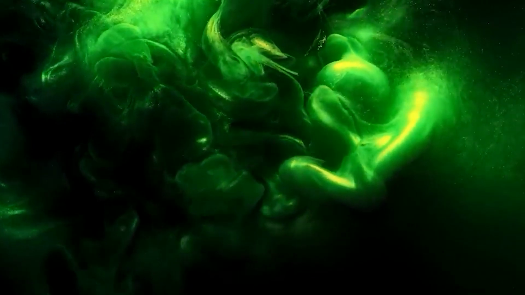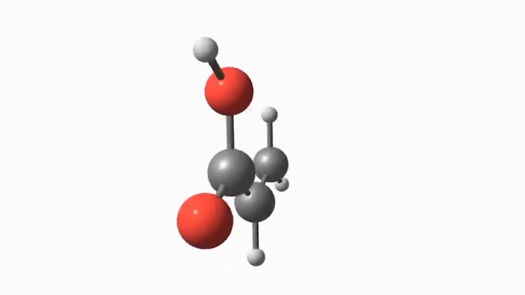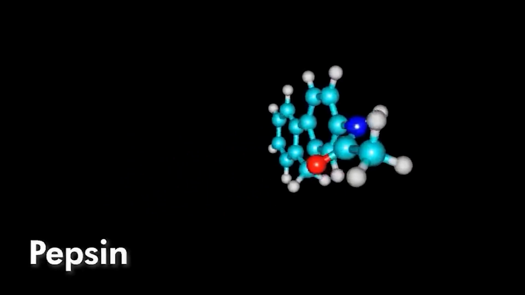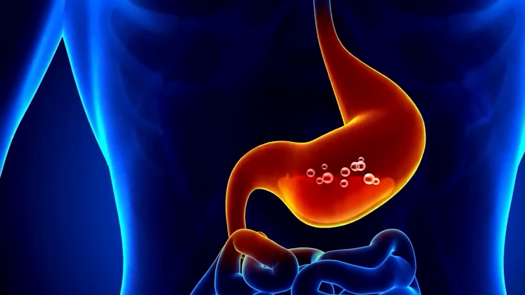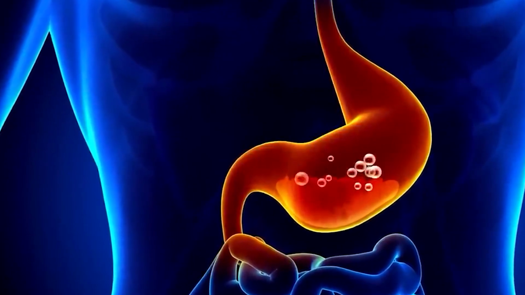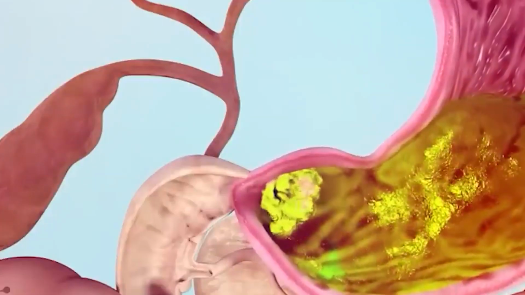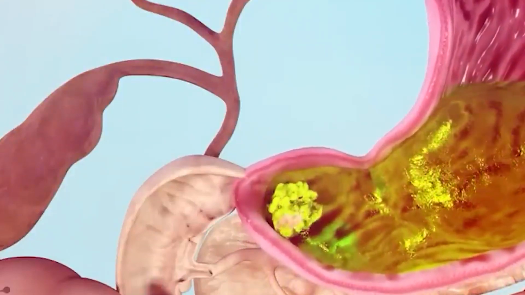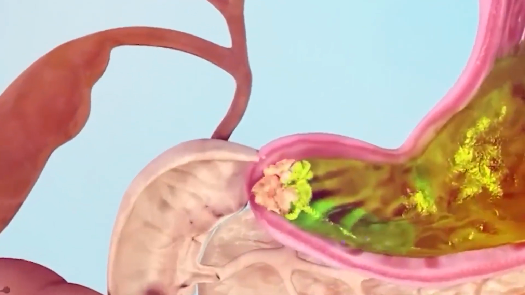So in the presence of hydrochloric acid, it is being activated into pepsin so that it can start to digest proteins that are in the food or in the stomach. After the churning action of the stomach wall together with the gastric juices and the hydrochloric acid, the food that entered into the stomach has been made into a semi-solid or a thick fluid called chyme. After 3 to 4 hours of the food in the stomach, the pyloric sphincter at the end of the stomach relaxes and the chyme is gradually moved into the small intestine.